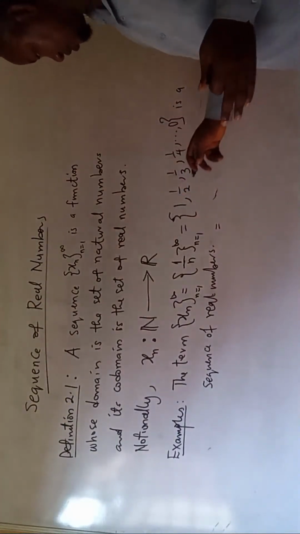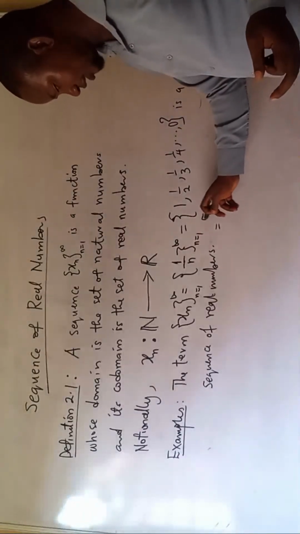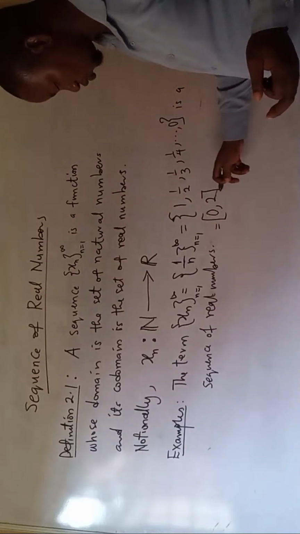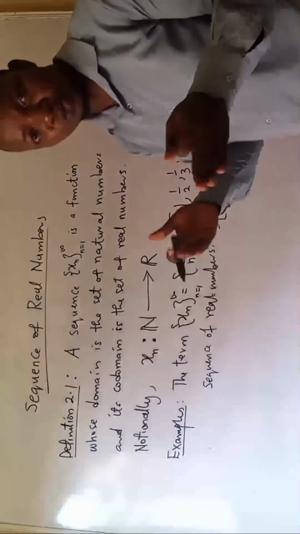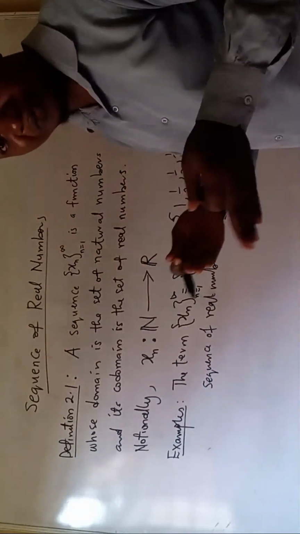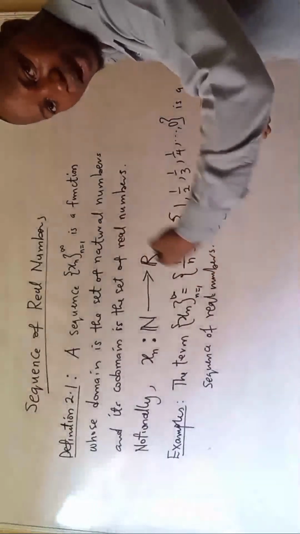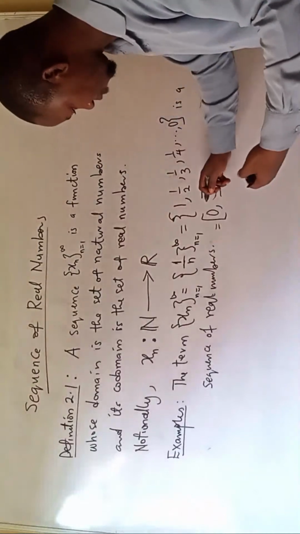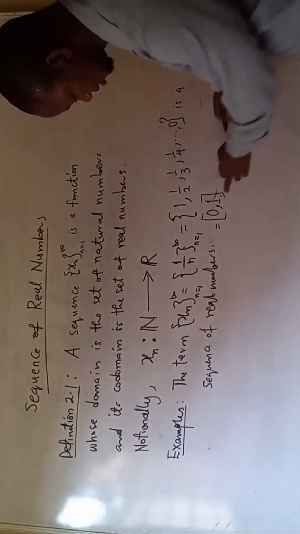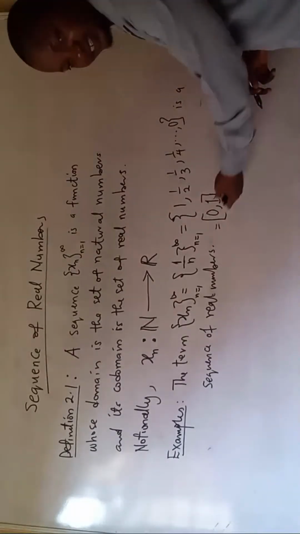Because of this, since this is the entire set of numbers we can have for the sequence, if you want to arrange this in a given interval, this is 0 to 2. When we are coming to an interval, a subset of R, we have to arrange the numbers orderly. Orderly means 0 comes before 1. So the entire set of numbers in this sequence lies between 0 and 1.